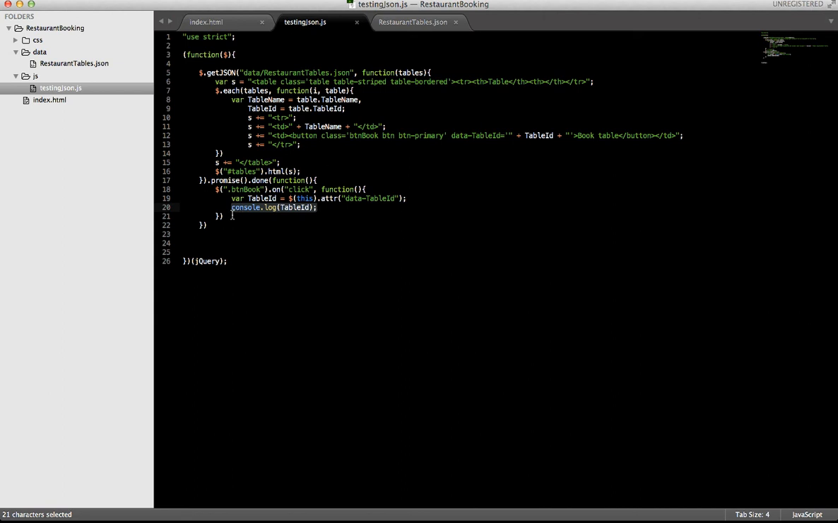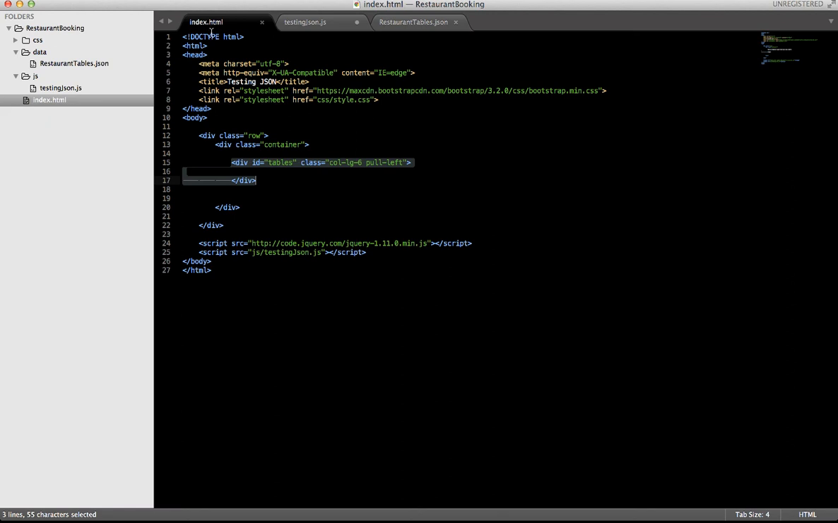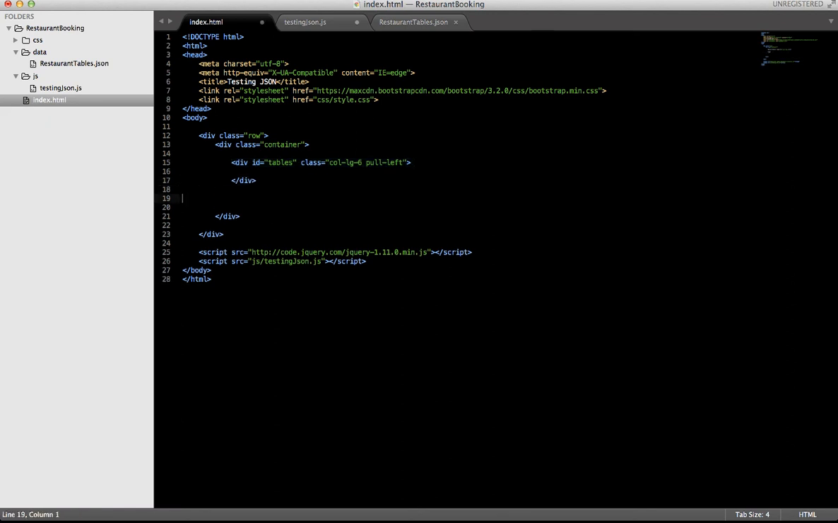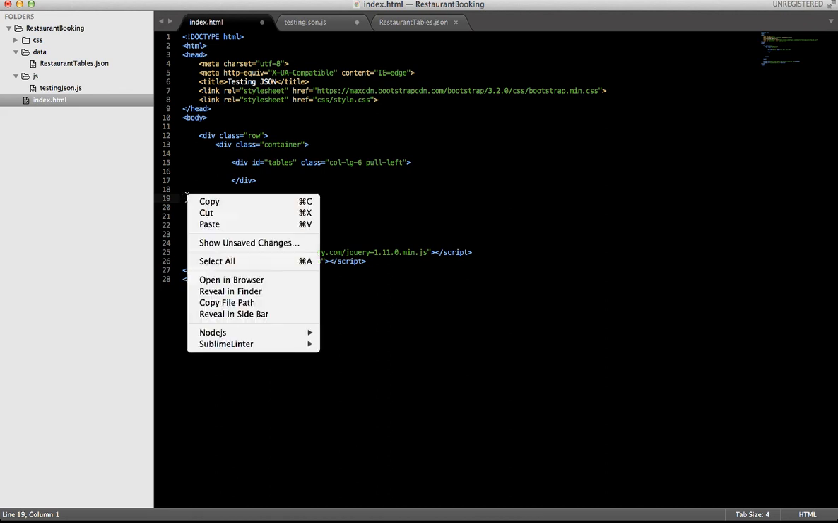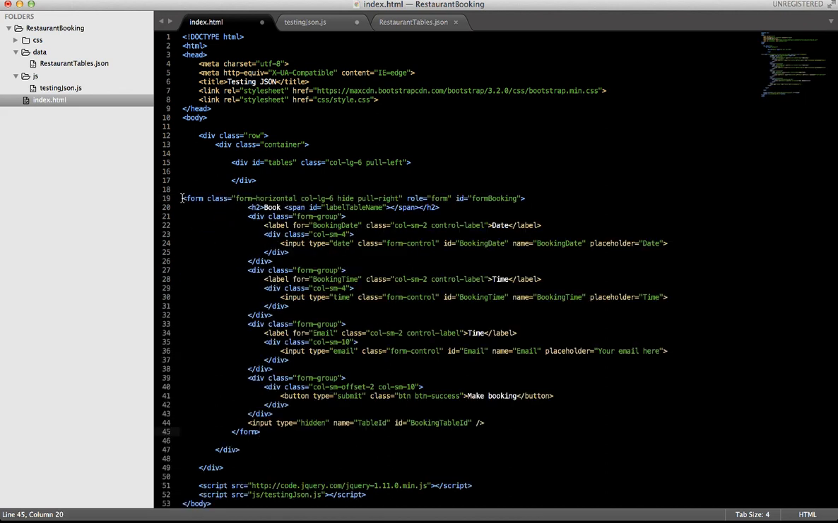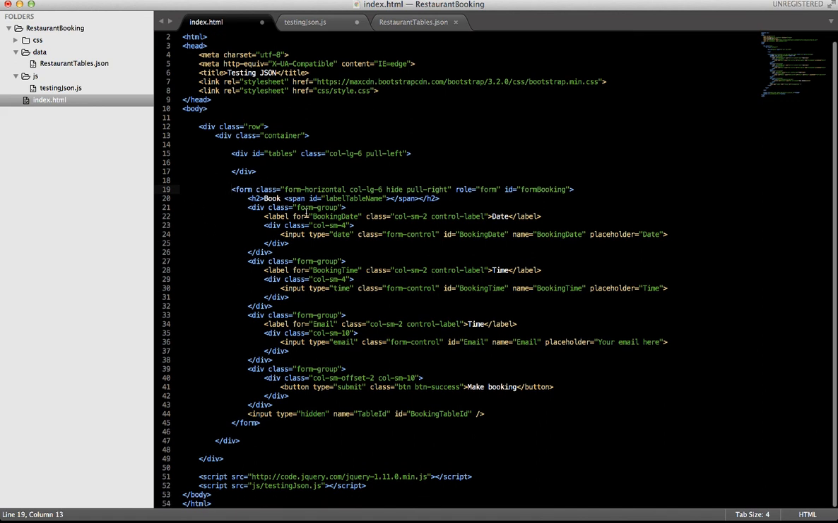So we know the table ID, and now we need to make a form where we can input our booking. So let's go to the index, and I just made a copy of the result of my example here. So I'll just paste this data, and as you can see, we now have a lot of code. And perhaps you haven't worked with Bootstrap before, but in order to make this form look nice, I've chosen to use the standard Bootstrap